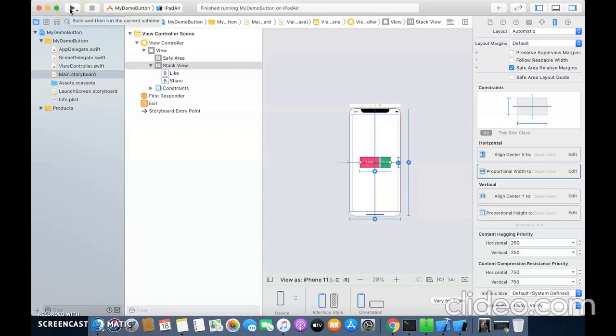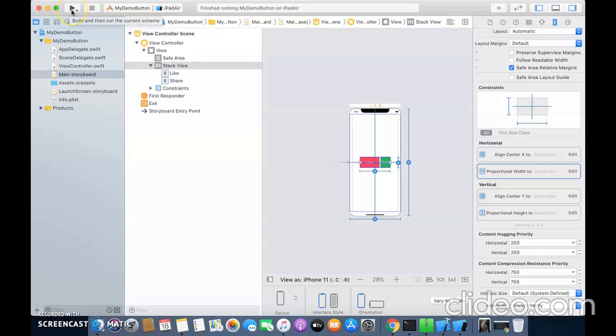For landscape mode, the width of the stack view will be increased, and the size of the like button will be increased, and the share button will hold its value, will not increase. It will hold its value means the content size, what is written inside the button, it will acquire that much space only, and the like button will take the entire space.